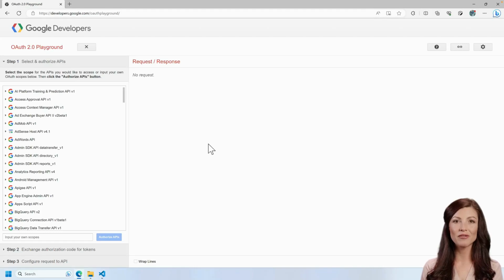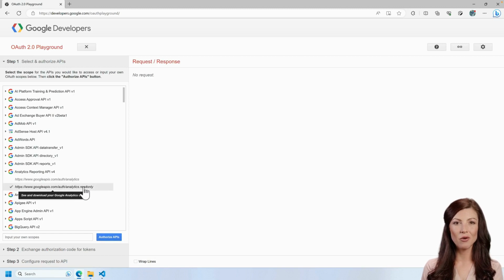There are two ways to authenticate with Google Analytics, using a simple bearer token or using a Google Service account. In this example, we'll use a bearer token to authenticate a user to access Google Analytics 4 data. To create a token, use the Google Developers OAuth 2 Playground and find the Analytics Reporting API v4 and select